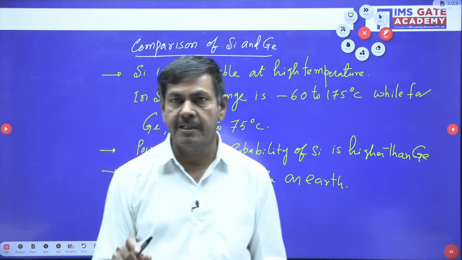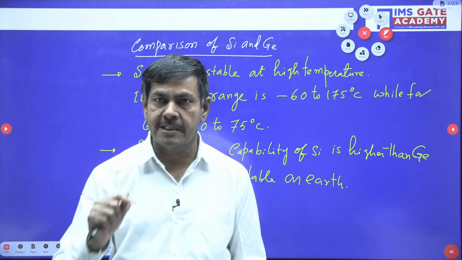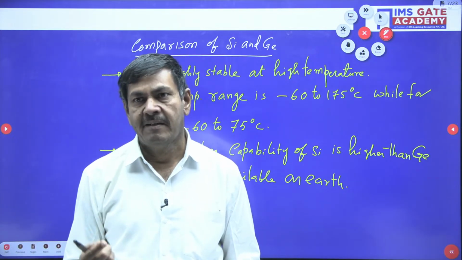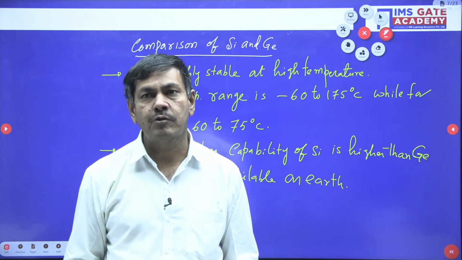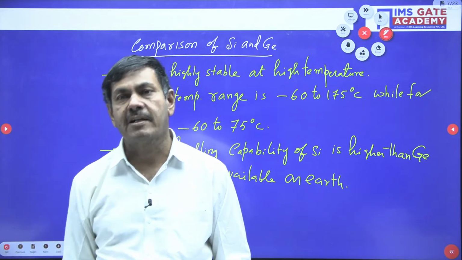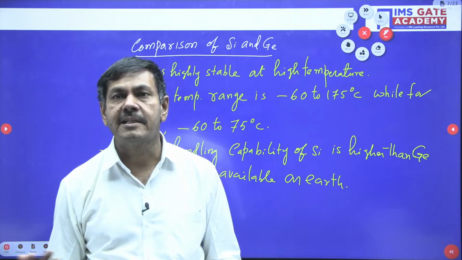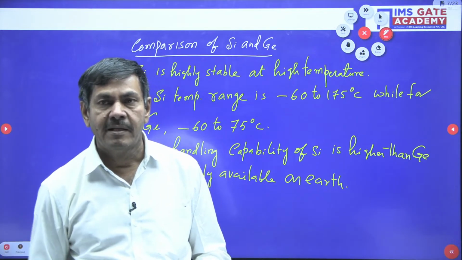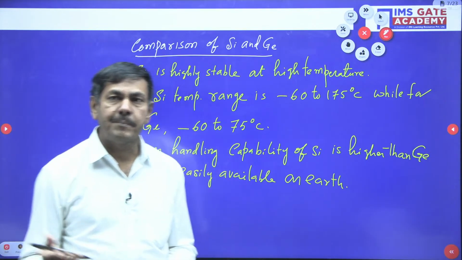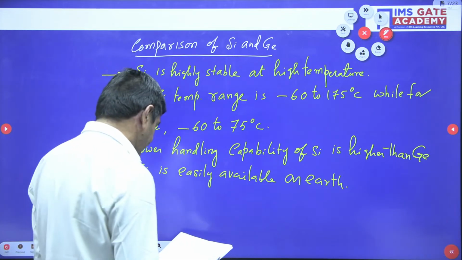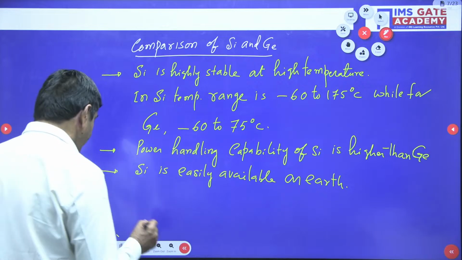In germanium-made devices, when the temperature is increasing more and more, leakage current is going to flow. When leakage current is flowing in the circuits, the required output is not possible to get. To get the required output, you should not allow any leakage current in the circuitry. But in silicon we find nanoamperes, a very small amount of current. Understand? That's why we can write leakage current is of order. Next point.